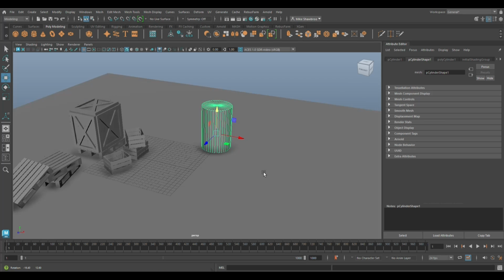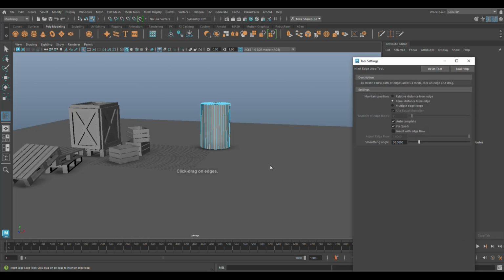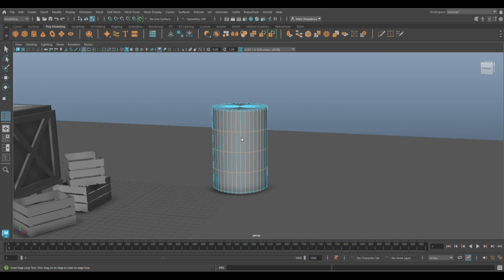All right, so now that we have that, what we're going to do is go to Insert Edge Loop, and we're going to put one in here near the top, near the bottom, and then we're going to go to Multiple and 3, and I want them right there, right? Now what we're going to do next is go in here to Edge,